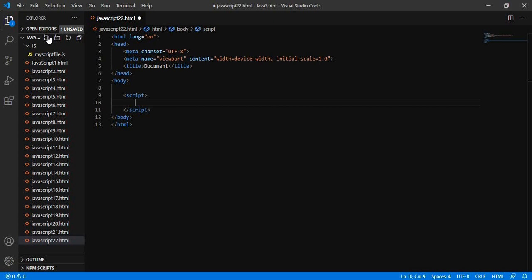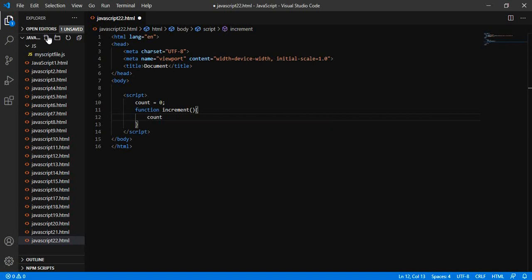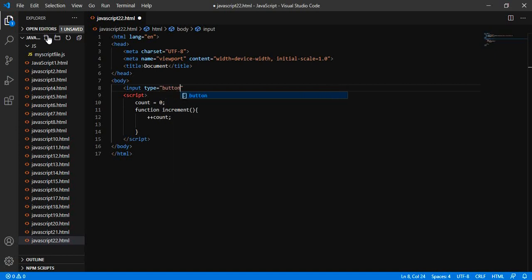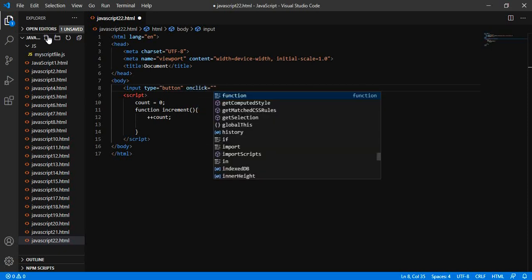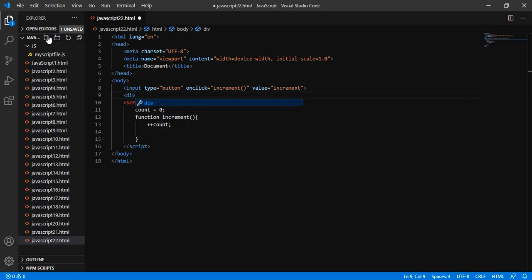Let's say we have a variable count equals to 0, and we have a function increment that will simply increase the count value. Let's say the div ID is client1.